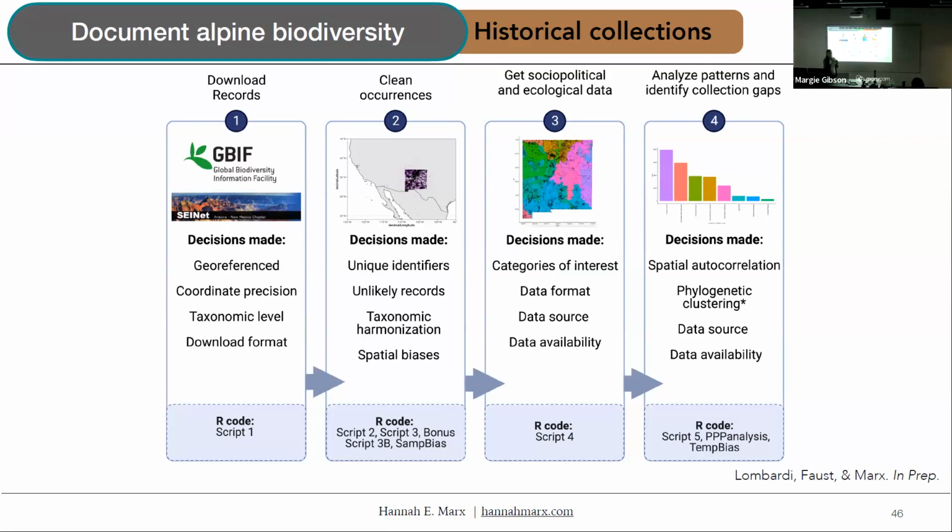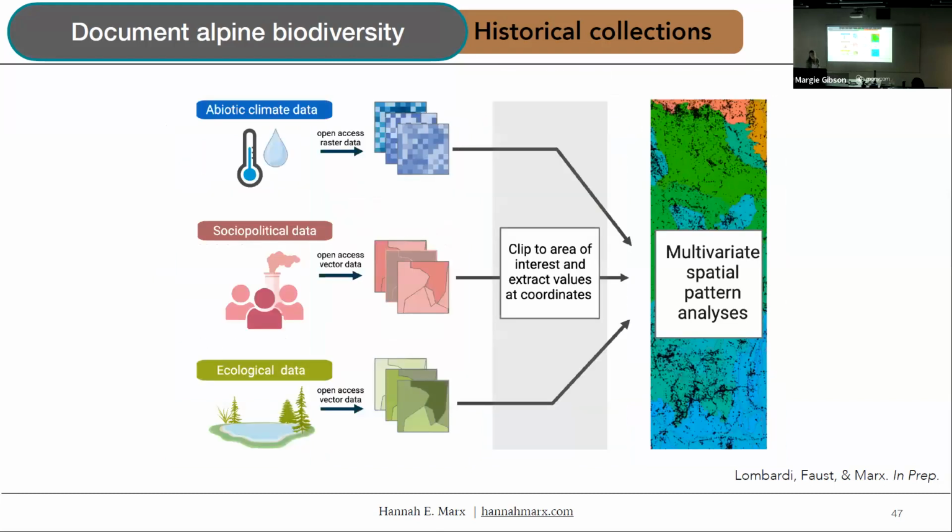But then we take all of the map data, the locality information, and map these collections in space. And we pull in additional information about different climatic zones, different ecoregions, and also socio-political areas. What I mean by this is we're comparing collections that have been made in public lands versus private lands. We're also pulling in maps from the Forest Service and BLM and comparing collections that have been made on BLM versus Forest Service, to try to quantify in different ways the diversity that we have across these different types